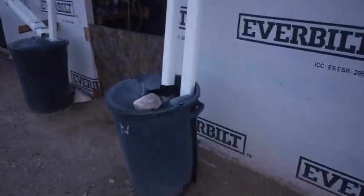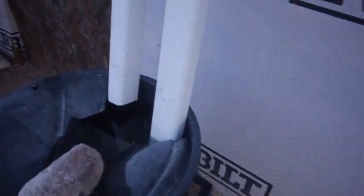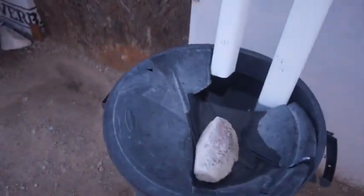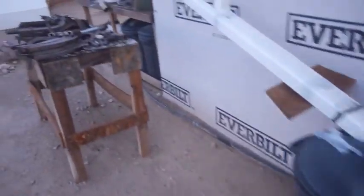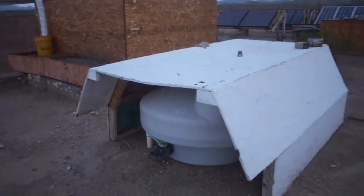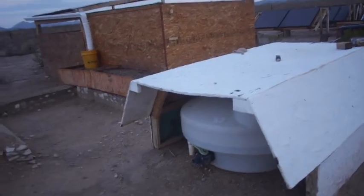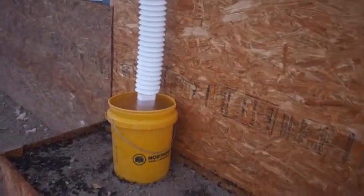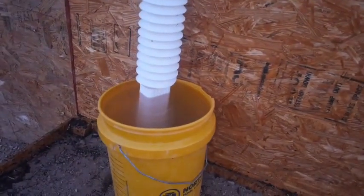Yeah, that is right full. That probably overflowed a little bit down the side. 30 gallons, 60 gallons, right? Okay, so I got 100 gallons of drinking water, so I'm going to fill that up first. Once that's full, everything will go in the main tank. Yeah, this one is completely full. I need a bigger...